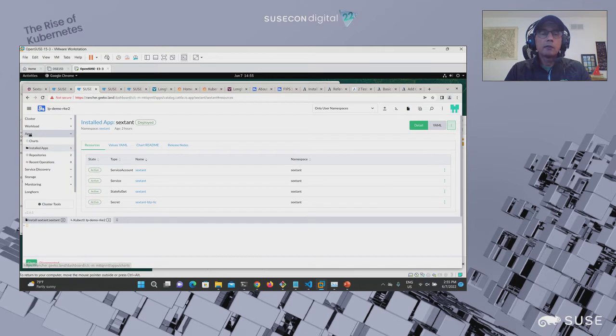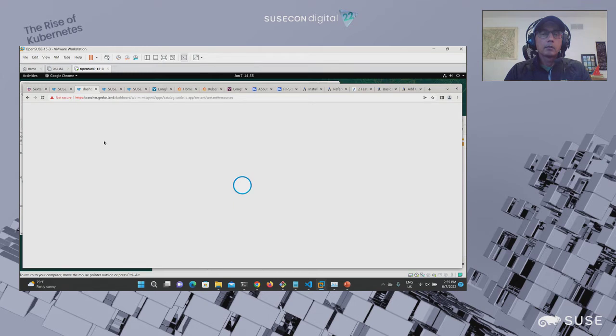Sextant is now available in the SUSE Rancher marketplace. So if you go to the app view of Rancher, I may have to refresh and relog in here.